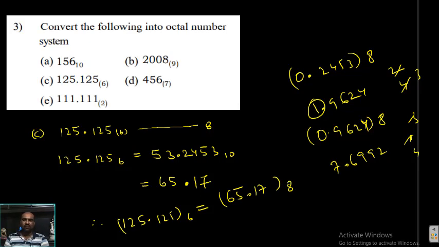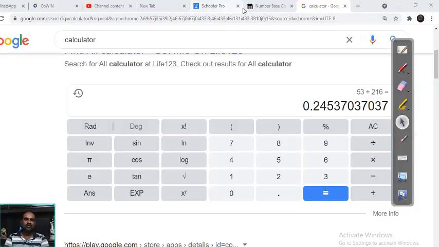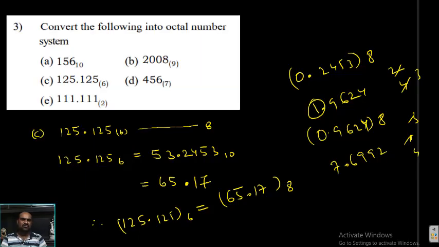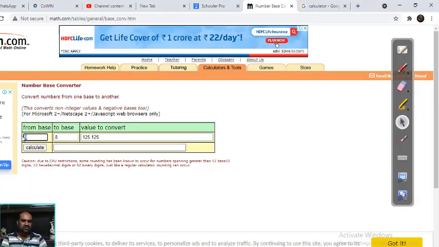125.125, I want to cross check. Base 6 to base 8.